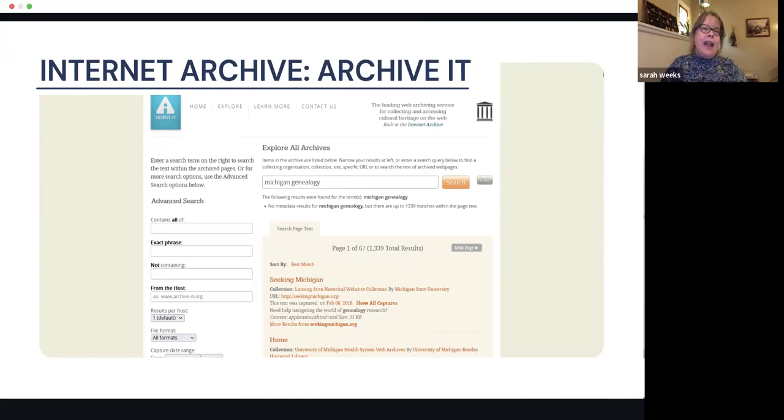archive-it.org and see a lot of different web archives that different people have curated. So here I have just typed in Michigan genealogy. In case you're interested in genealogy, you can see that there's about 1,300 total results, and that would be websites. So the first one here is Seeking Michigan